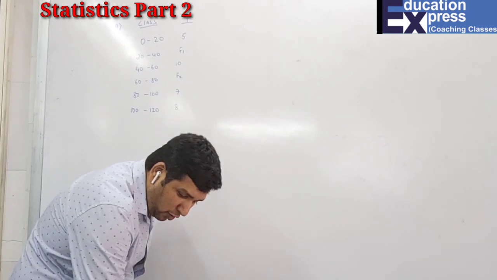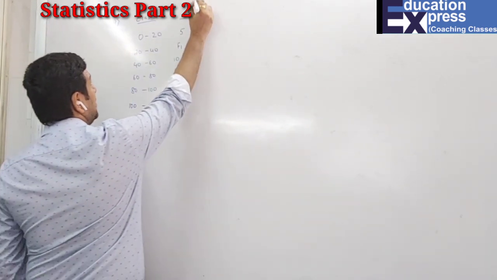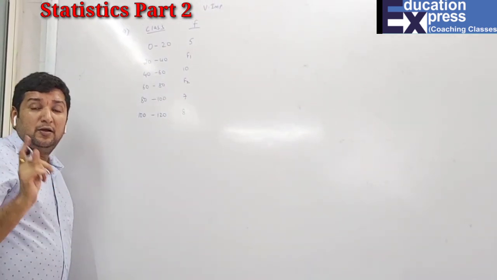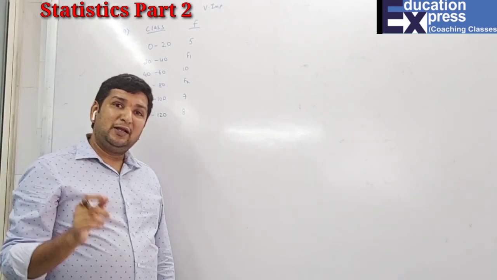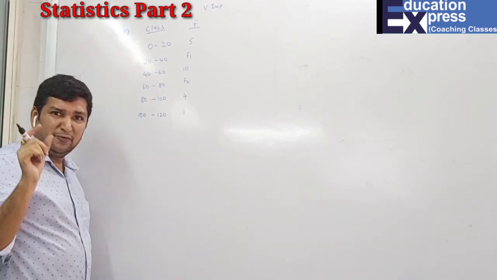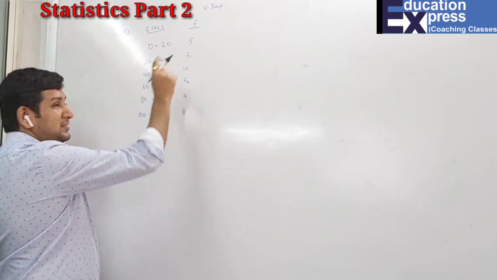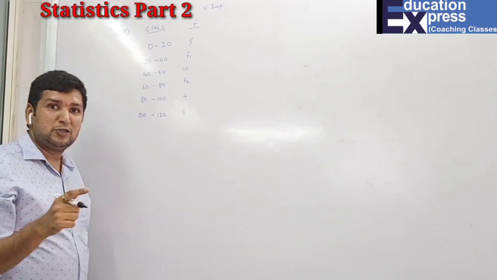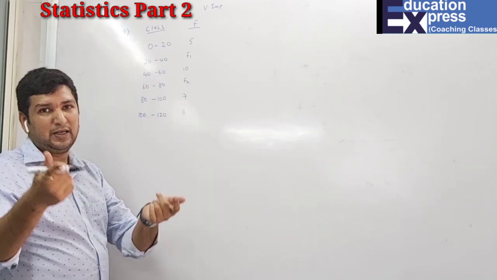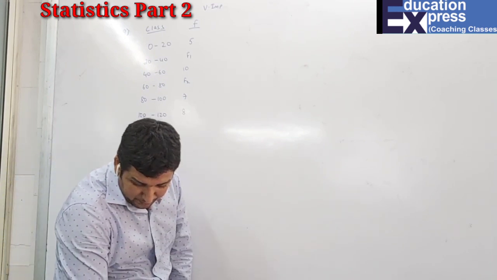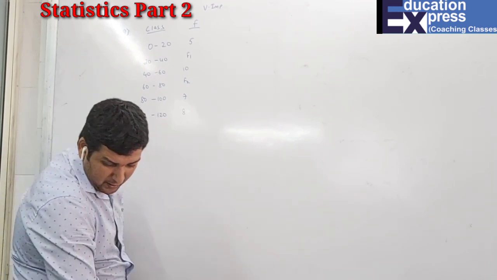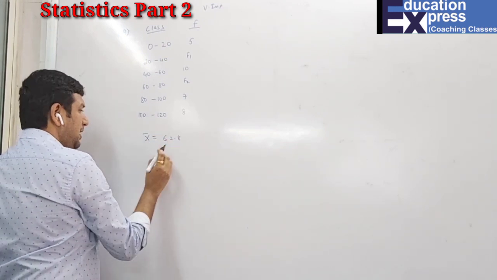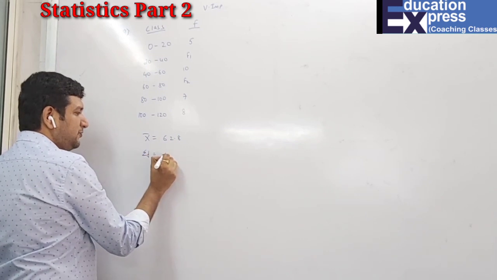This is the last question I am solving from this particular exercise. Mark it, it is very important. Before this I have done question number 5, where I showed you how to find a single missing frequency, when only one data was available. Now here it is the same thing, but instead of one there are two missing frequencies. I have told you earlier also, if they ask for two things, they will give us two things. You can check in the question: the mean is 62.8 and the sum of all the frequencies, sigma f, is 50.